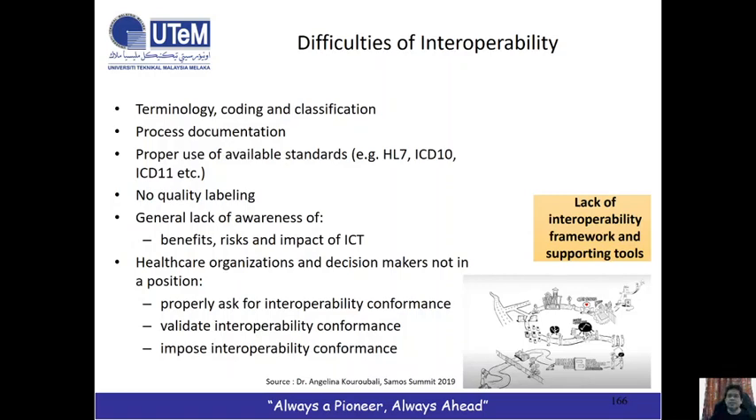So what is the difficulty in interoperability? To implement the interoperability characteristic of the application, it not only involves the technical part. So the most challenging factor is people. So people are also part of the interoperability process. And also